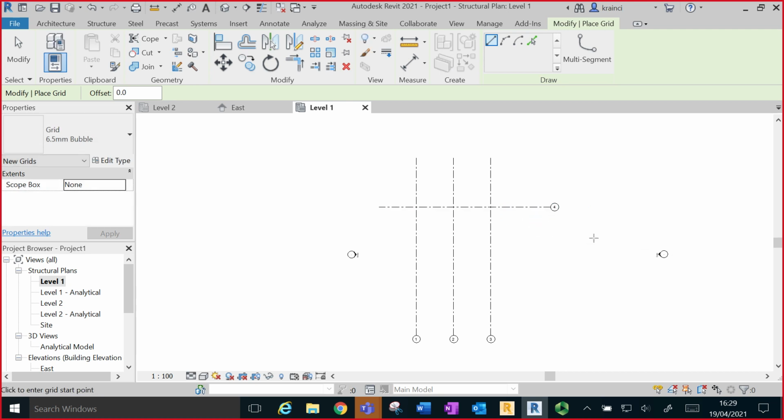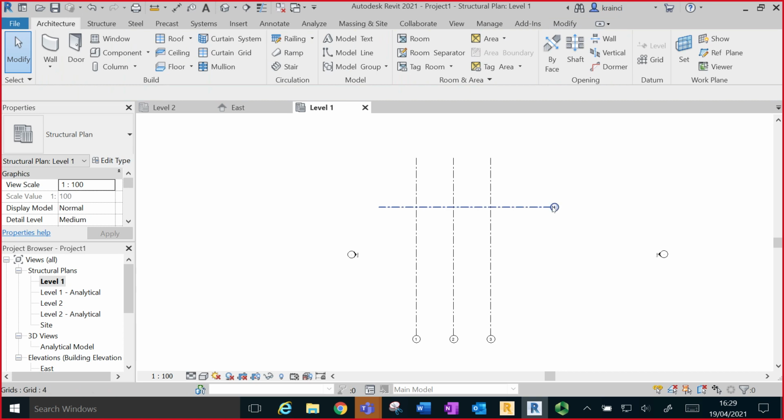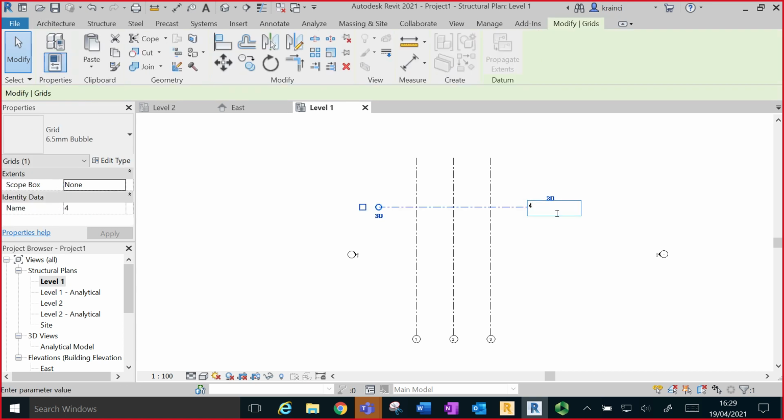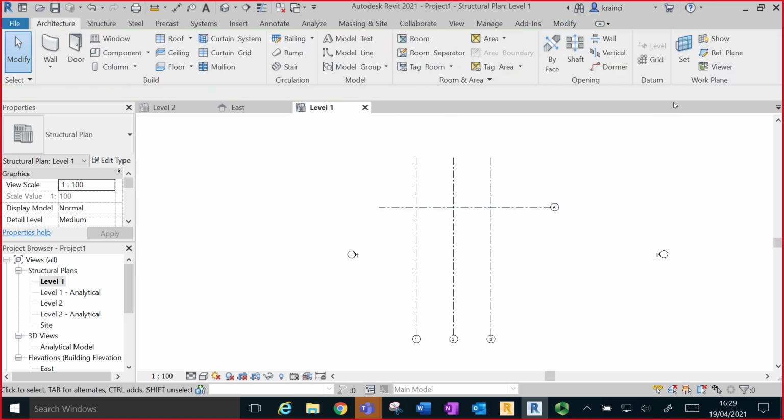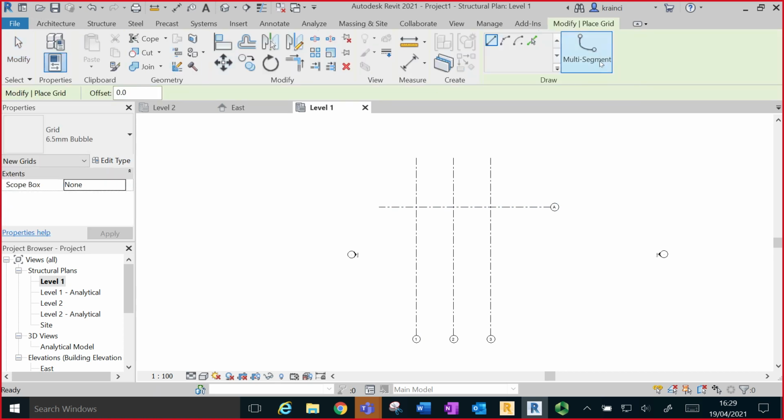I will just, if I click on modify twice and then change this to A, and then again using the offset and pick lines, this is 9 meters. Okay, now we can